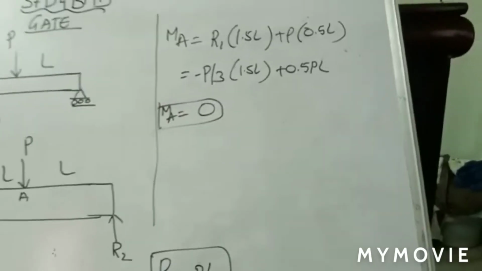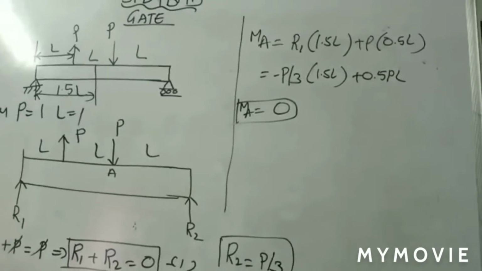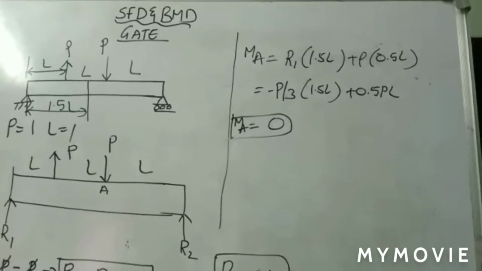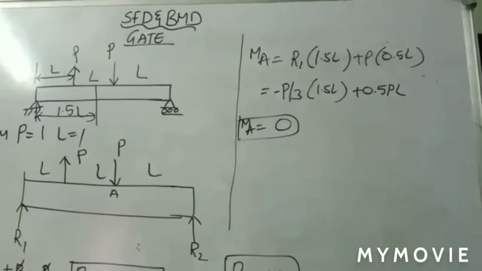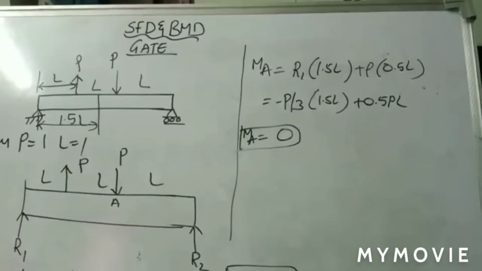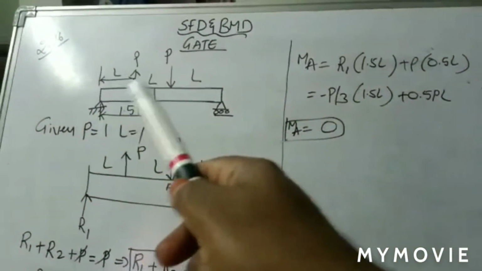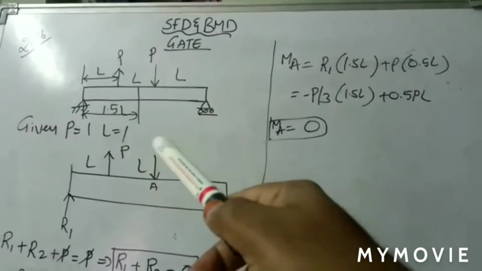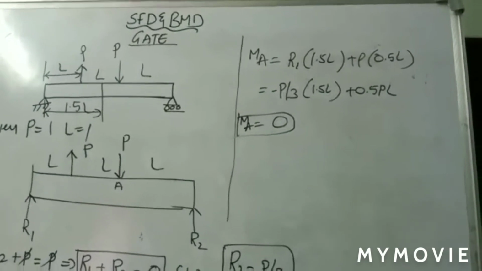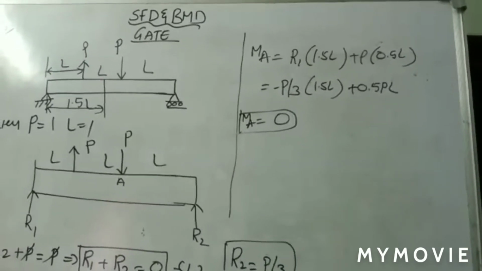Right. Next, now here the question is, you are supposed to calculate the moment of force with respect to point A, at a distance of 1.5 times L. So on that particular location, what is the moment value you are required to calculate? Now look at a point 1.5 times L, because L plus L is 2L, but you require only 1.5. So assuming that the distance is 1.5 before 2L. Now on that particular location, you are having two types of forces. One is reaction force R1, and second one is P force.